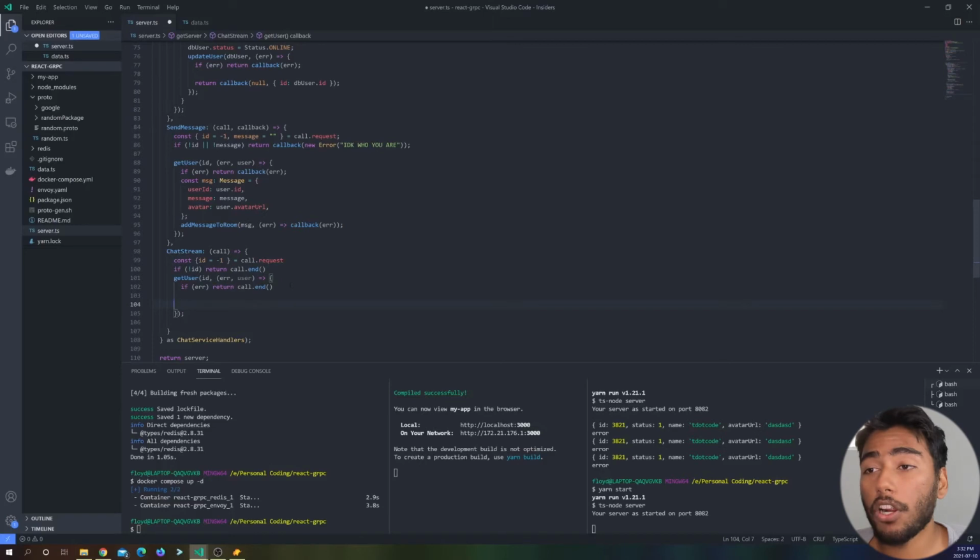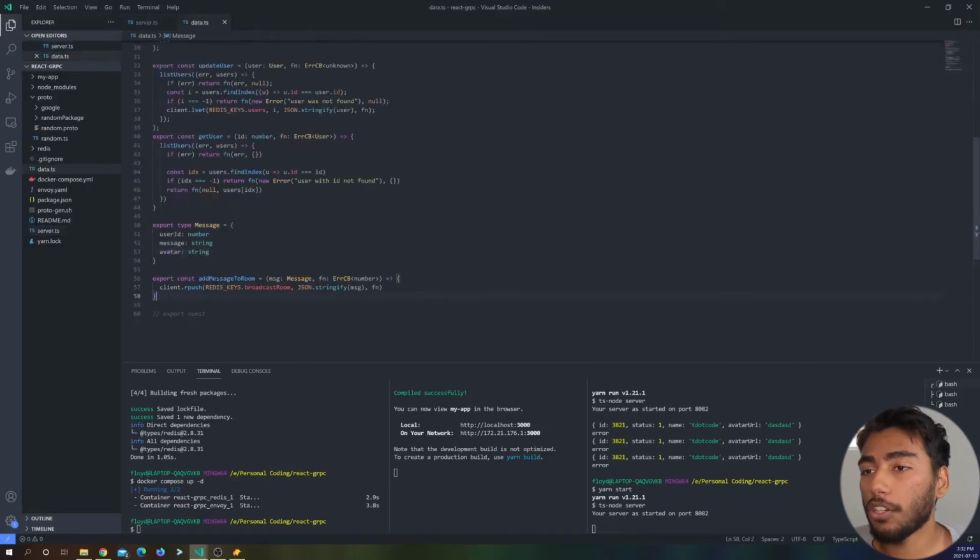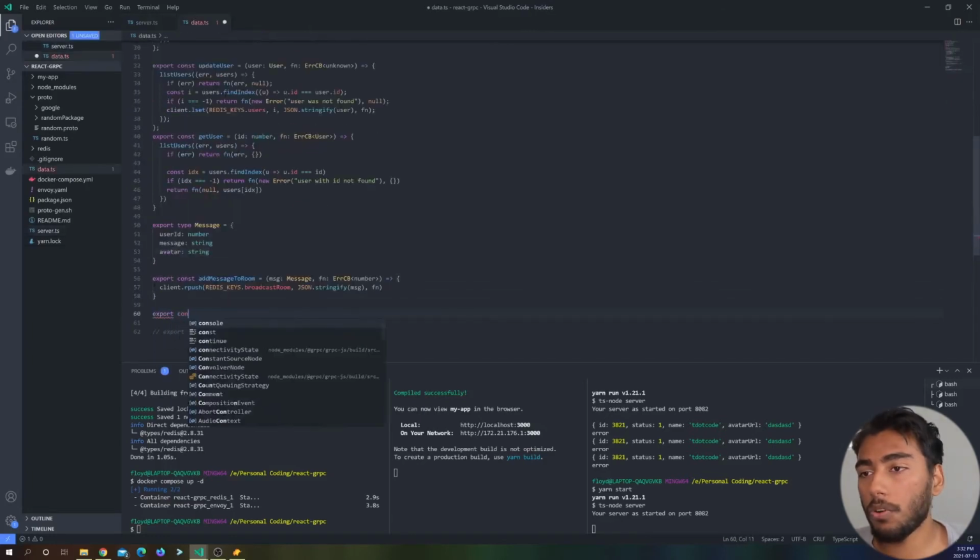And then we have our user. It's cool. All right. So now, since we have the user, we validated the user exists. So now we can send the user all the chat messages that are in this room. So I need to make another helper function over here called export const list